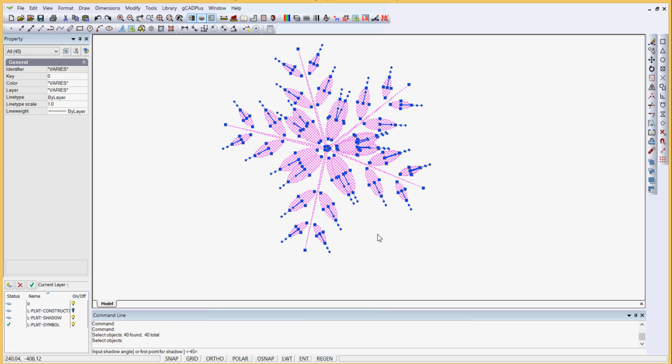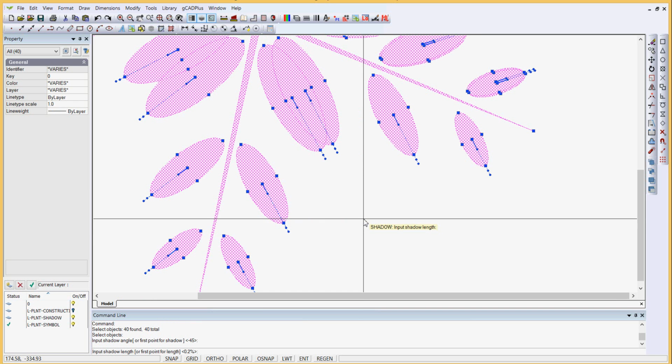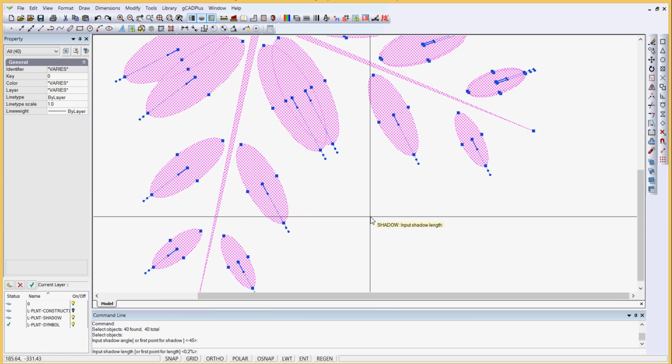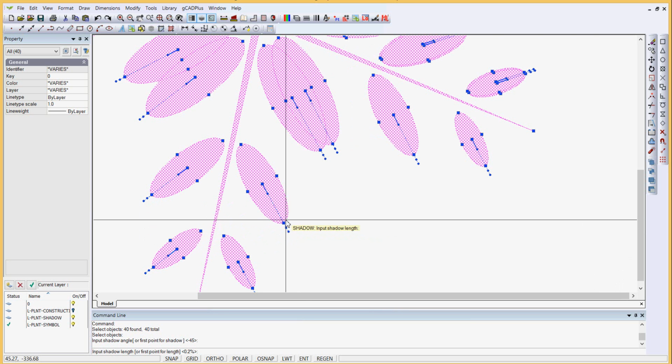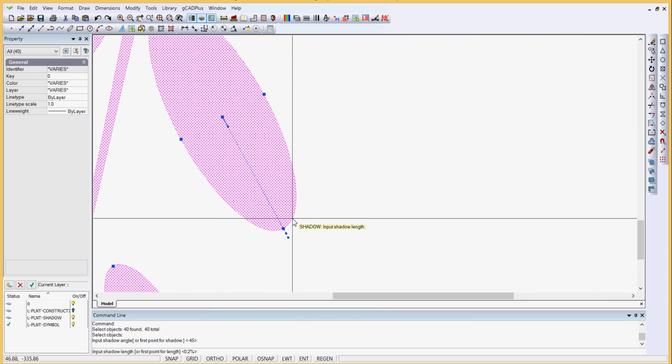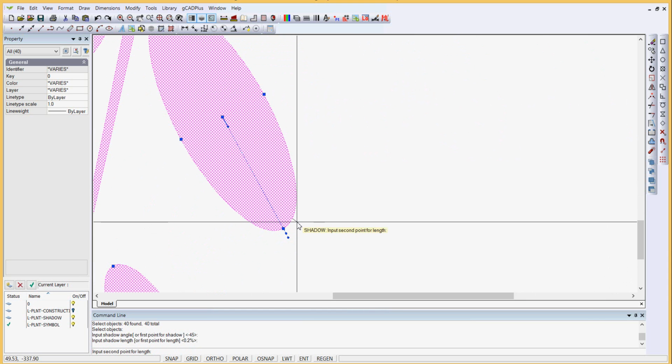We then ask for a shadow angle or first point for the shadow. We'll say we're going to shadow at 45 degrees down, or minus 45. Hit the enter key and we now ask for a length. Perhaps the easiest way to do this is to dynamically indicate a length. So I'll zoom right in, and I'll click near the edge of the leaf in this symbol